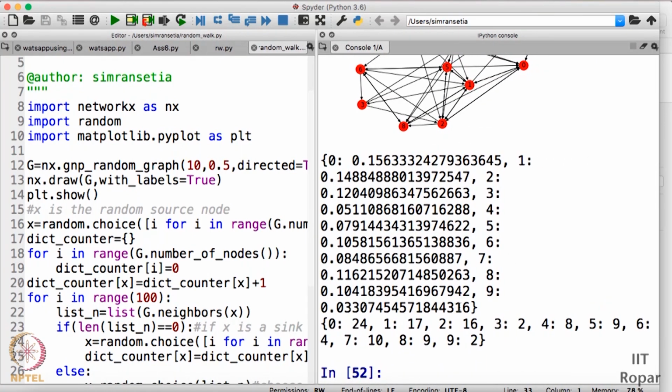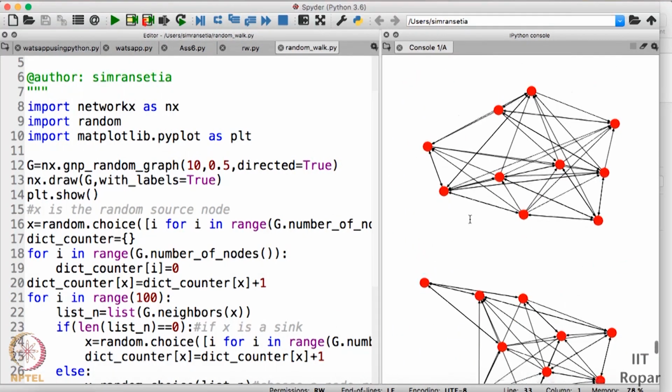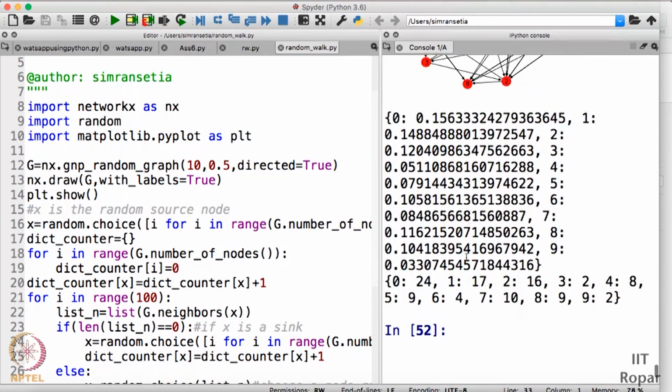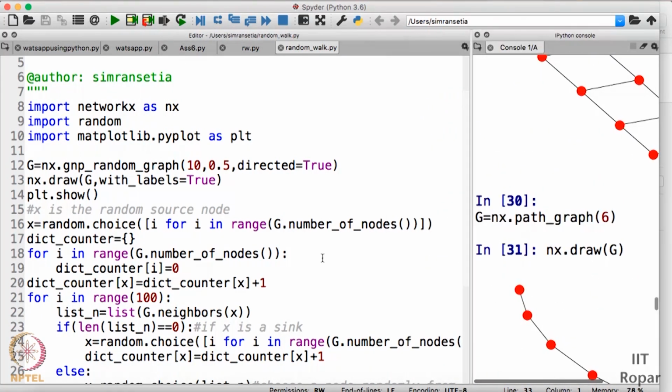So we have the values here. We have 0 as the first node. Yes, 0, then 1, then 2, then 3, then 4, 5. Let me see. We haven't sorted these values. We must sort these values so that we can get a clear idea whether the ranking of nodes given by the random walk method as well as by the PageRank method are the same or not. This will be difficult for us to figure out by looking at these values. So I'll just sort these values here.